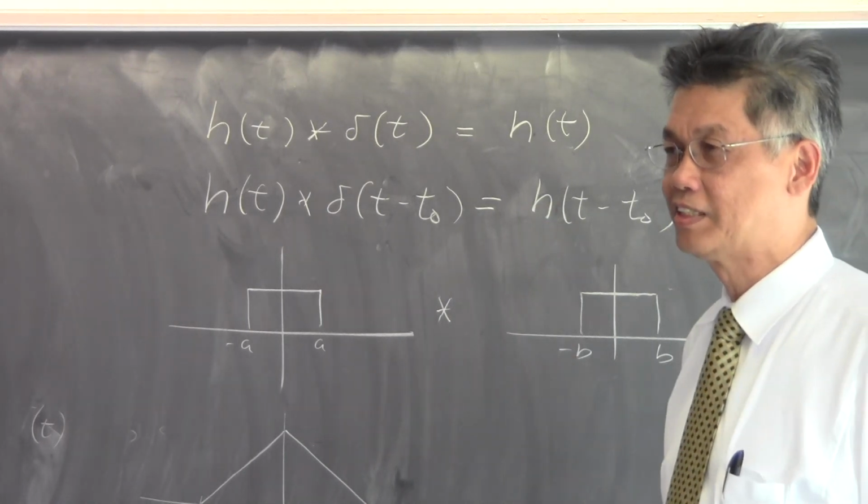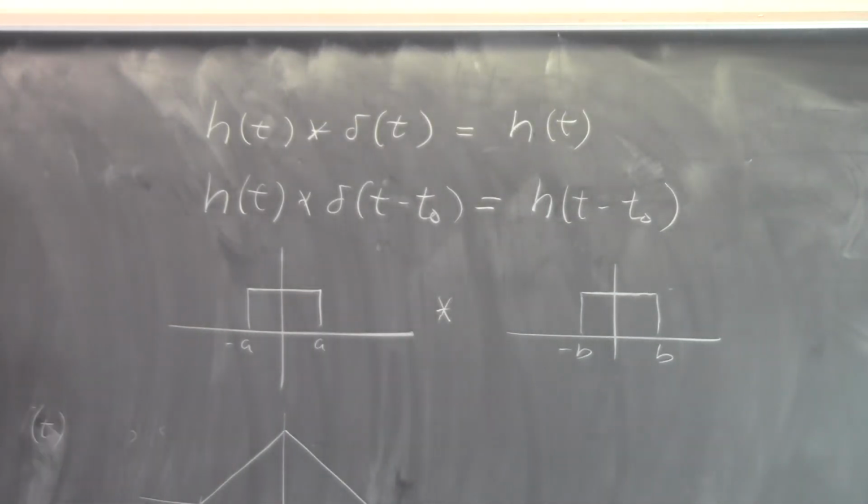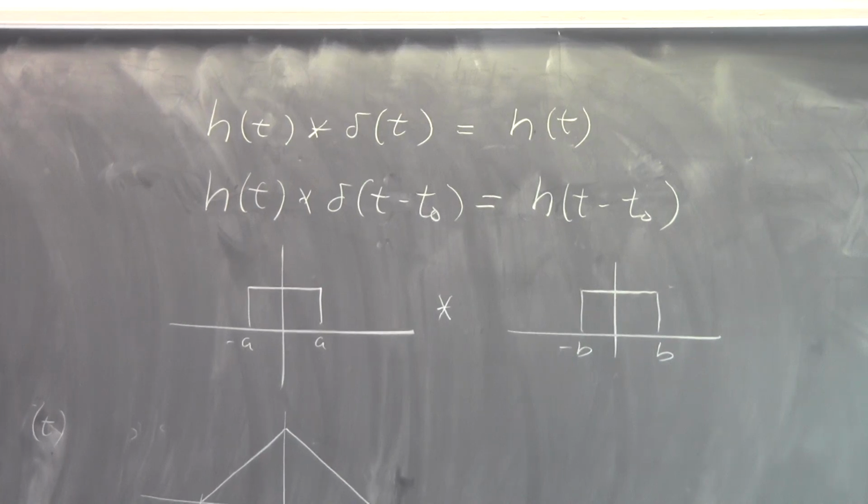What is the Fourier transform of a rect function? It is equal to